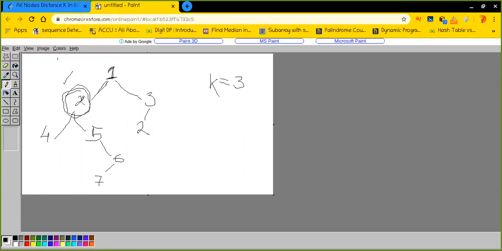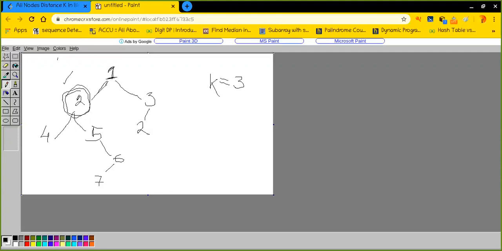And the second case is that those nodes can also be considered if they are present in the hierarchy above it. For example, this is 2 and this is a child of 1. So there are some nodes present above, which are the children of its ancestor. Those nodes can be considered as well.